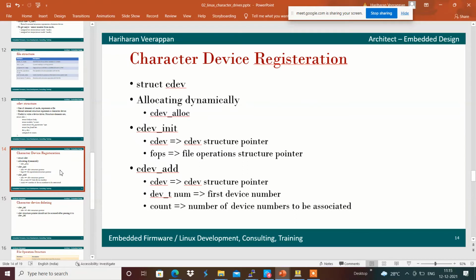We will be having a cdev structure that will be used for the character device registration, and we will be using cdev_alloc, which is the function to dynamically allocate that character device structure and initialize it with the value.